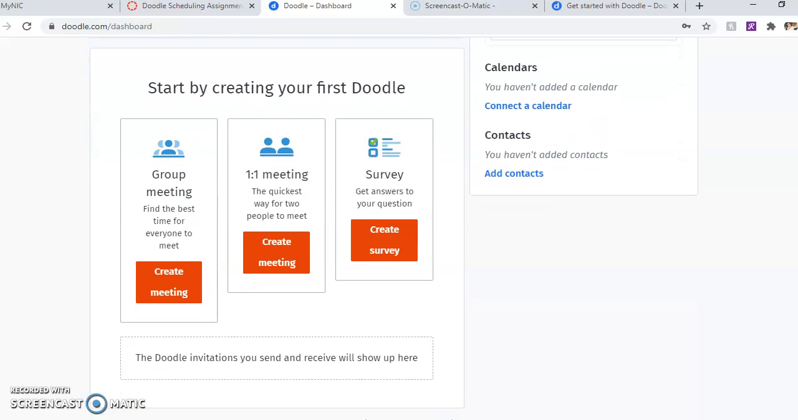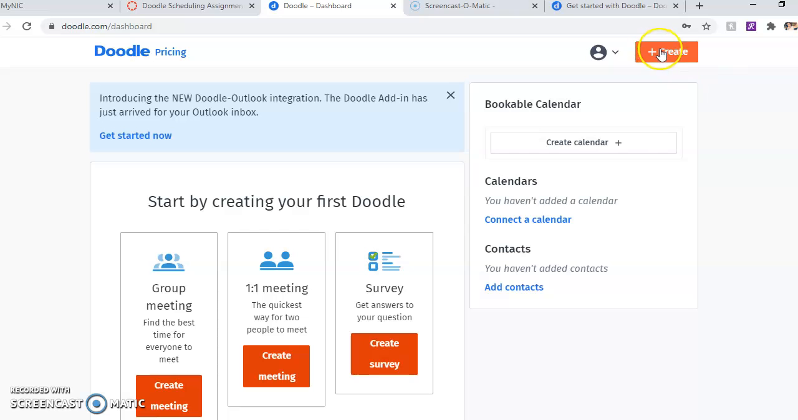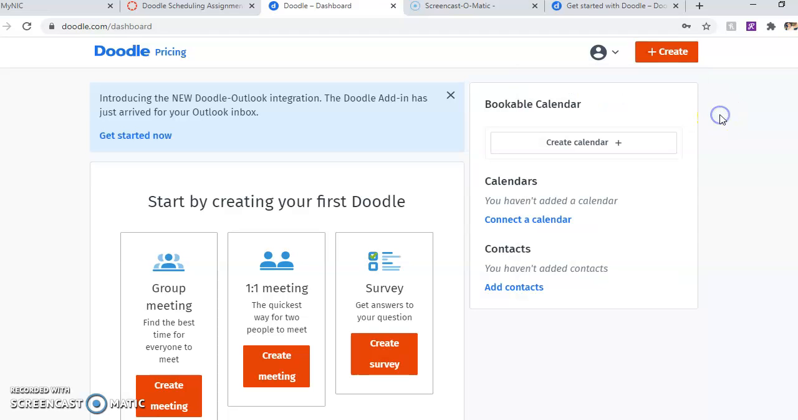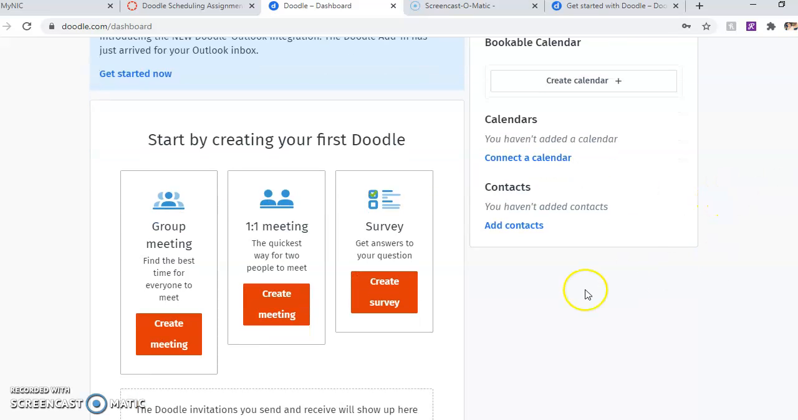I can go down here to create a group meeting, or I can simply press create and go up here and select what I would like to create. You can also create a one-on-one meeting, a survey, add contacts, or link your Outlook or other calendars to Doodle. In order for me to create a group meeting, I'll simply go here,